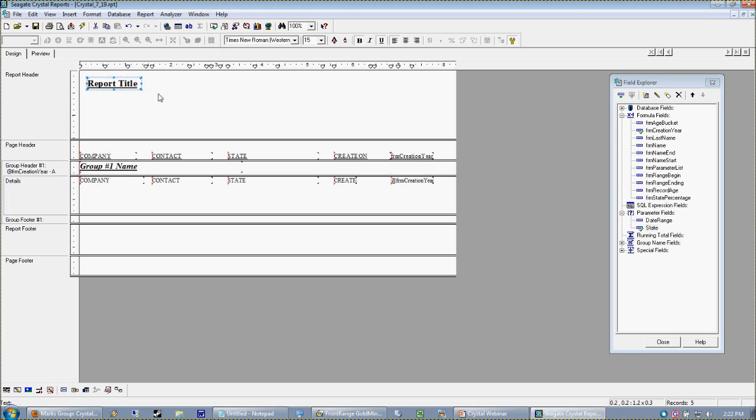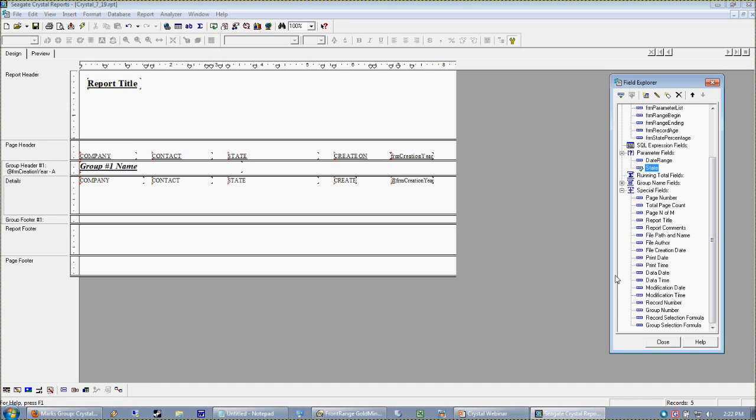So I personally like to at least have a title block on the first page, and most importantly, what I like to have within my title block is my print date, available from my special fields here. So I always know when the report was printed. Very important if I'm actively making changes to a report. Yesterday's report might not be working